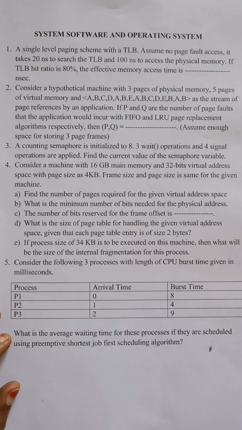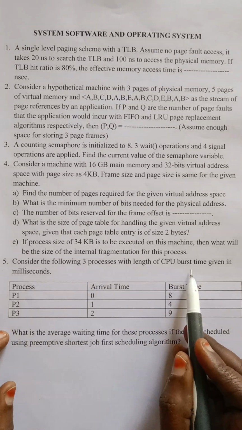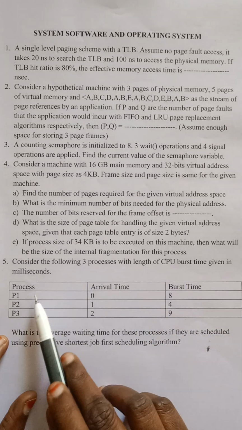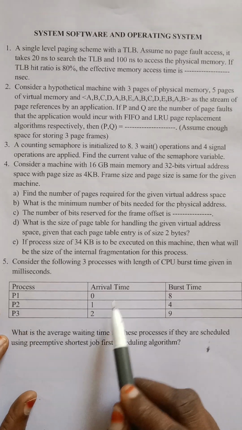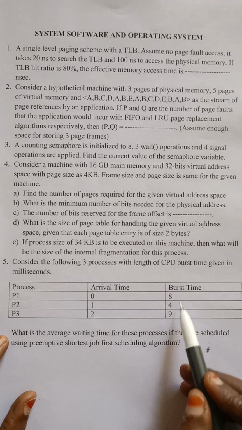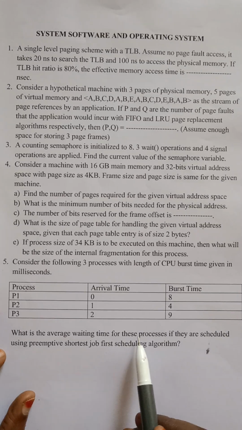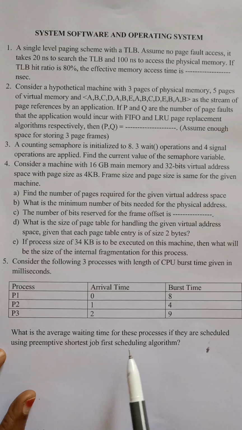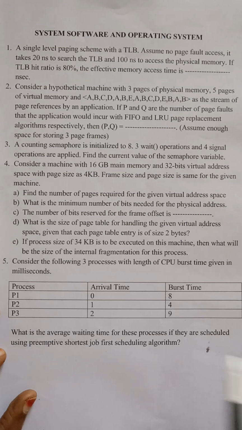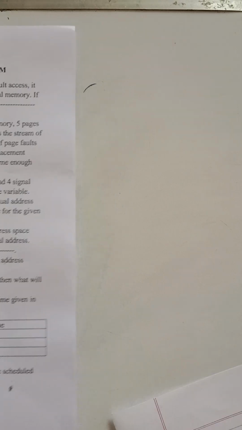The last sum is: consider the following three processes with the length of CPU burst time given in milliseconds. Process 1, process 2, process 3, with arrival times 0, 1, 2 and burst times 8, 4, 9. What is the average waiting time for these processes if they are scheduled using the preemptive shortest job first scheduling algorithm? Okay, let us solve this sum. First we'll